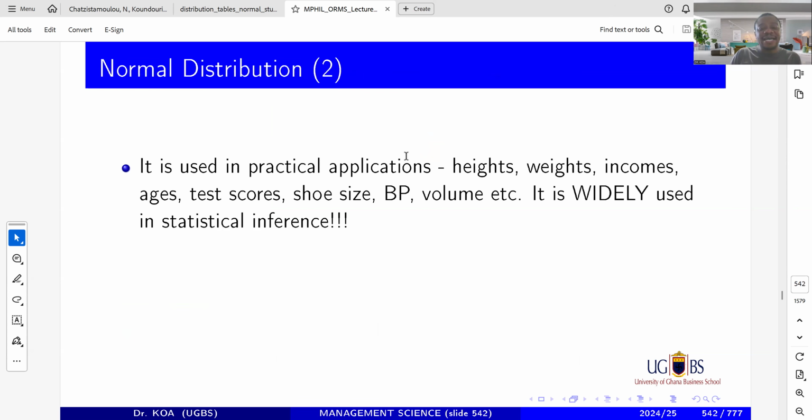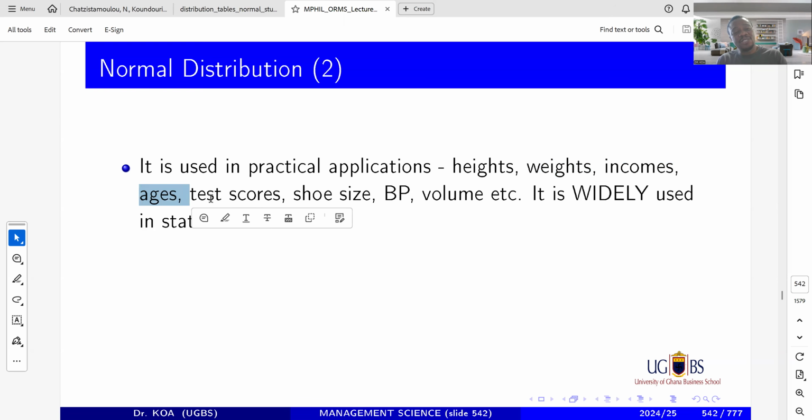So let's look at certain things that are normally distributed. Your height is normally distributed. Why? Because basically it can include decimals. You can have 5.5 feet, 5'7", 5'8.4", and all of that. Your weight is normally distributed. Incomes, you can have $3,144, so incomes are normally distributed.